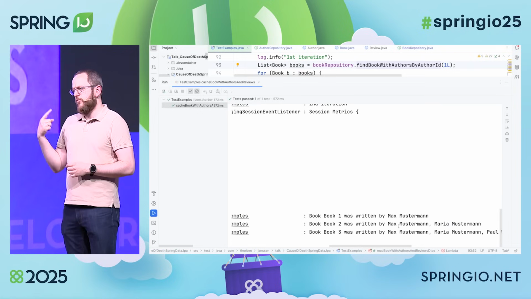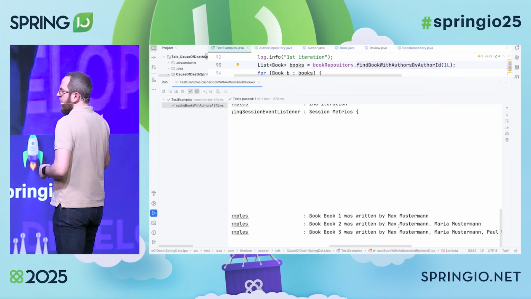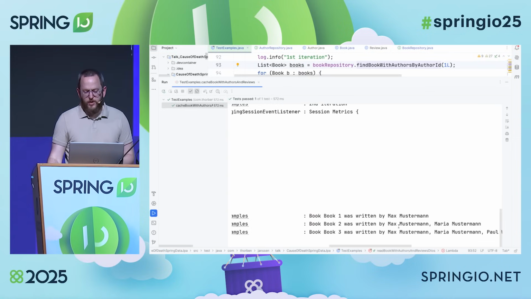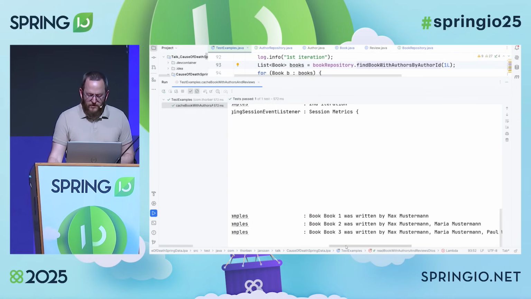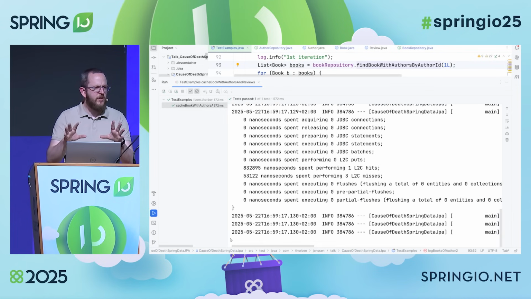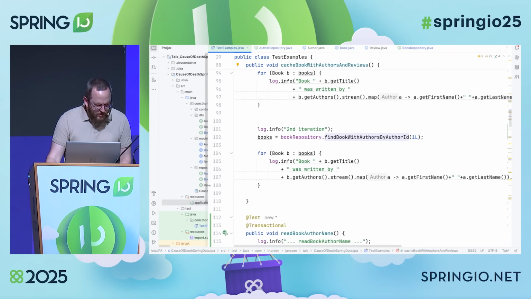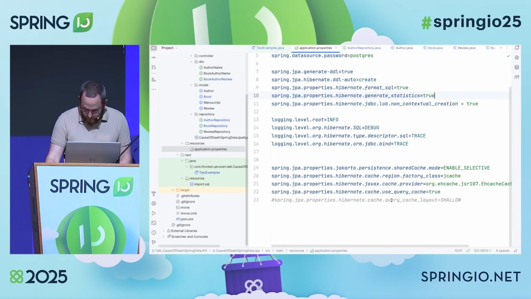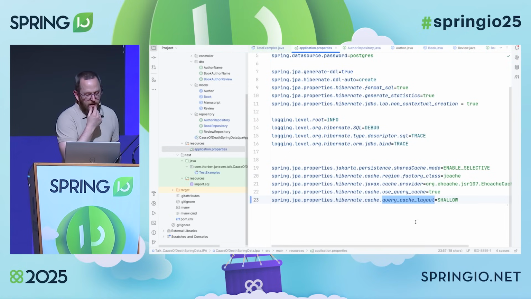Otherwise, Hibernate will resolve them in the second iteration via a specific query for each of those entities. That doesn't happen with Hibernate 6 unless you change your query cache layout to shallow. That is something that Hibernate 6 introduced.